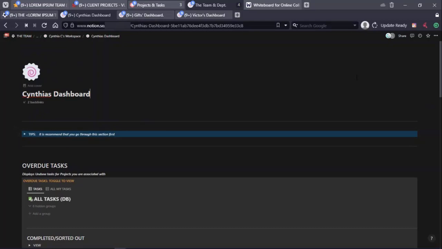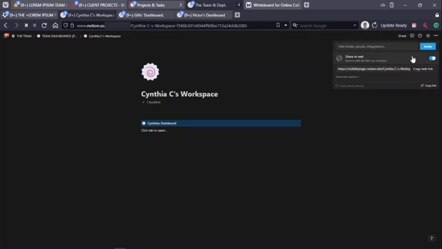And so the privacy part of it comes in the sense that once you click this share button, let's go back to the workspace. Once you click the share dialog, you can share to web and add her email specifically. That way, it's only Cynthia that is able to access her workspace, and we can also set it in such a way that other admin members of the team, like let's say the director or the CEO, are the only ones that will be able to access this workspace, but no one else. So that's the idea of keeping things